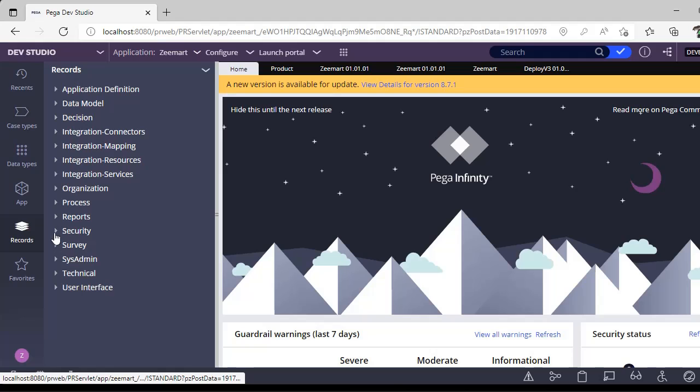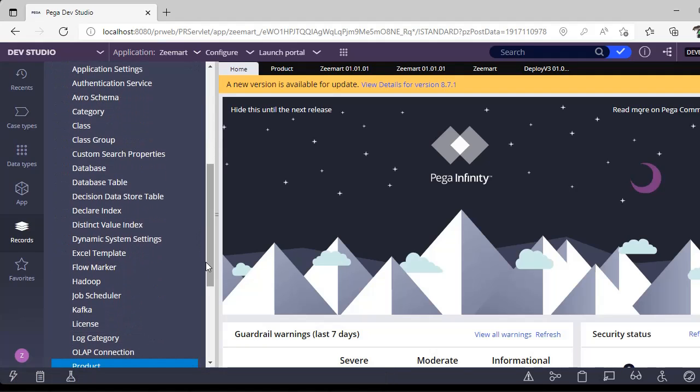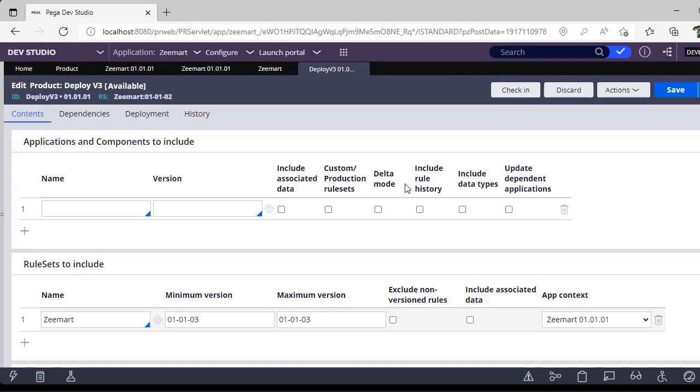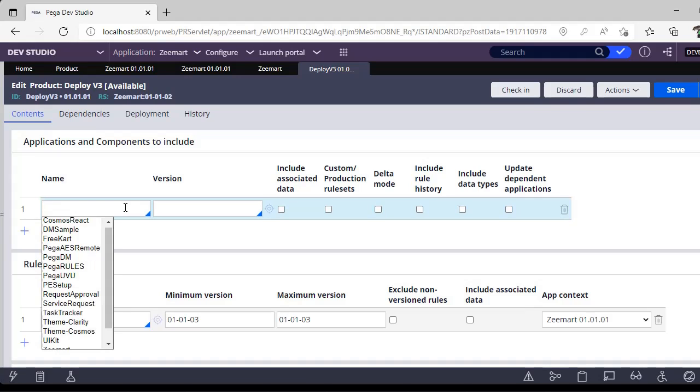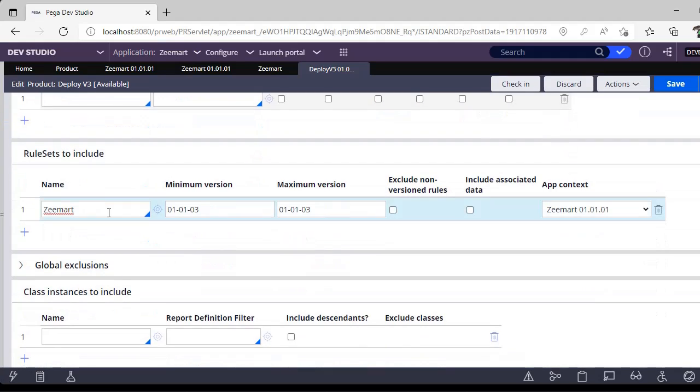Under Records, if you go to SysAdmin and scroll down, you can see a rule type called Product. So this is the product rule. In this product rule, if you want to include one application, you can give that application name and the version of your application. If you want to associate the data and the rule history also, you can select these options. And here, I have included the Zmart rule set, and in this Zmart rule set,